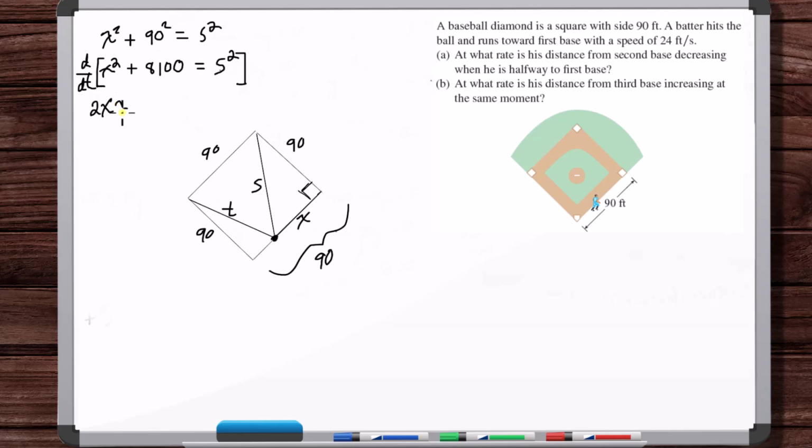That's just dx/dt. We're going to put x dot. Plus d/dt of a constant is 0. d/dt of s squared is 2s s dot. So now we just need to solve for s dot. We could divide both sides by 2. Okay, so s dot is equal to